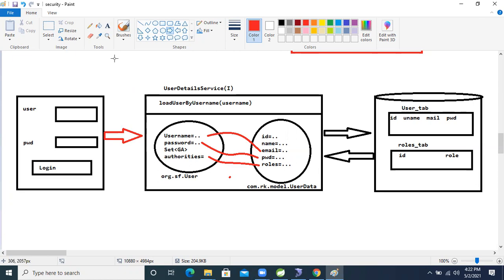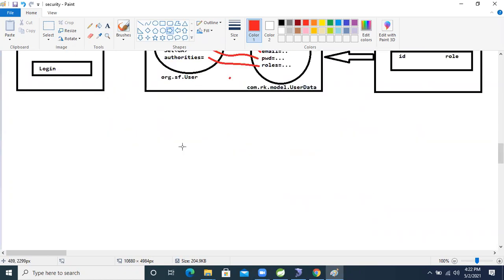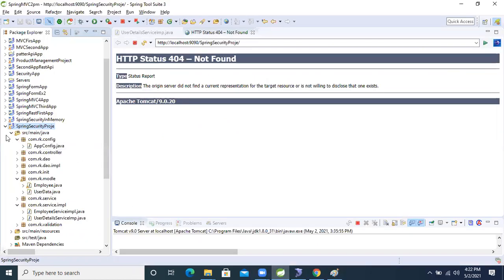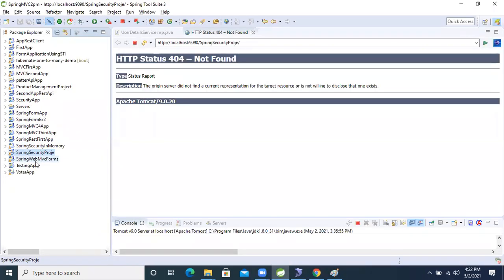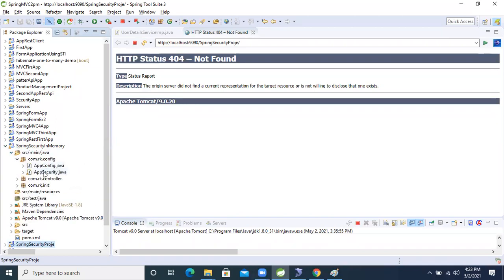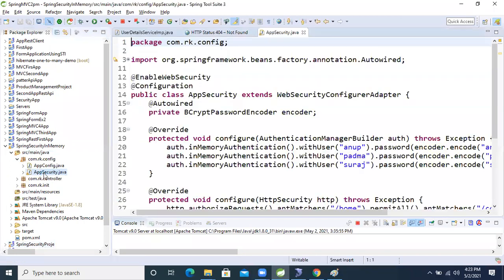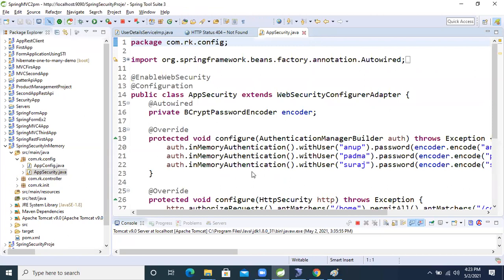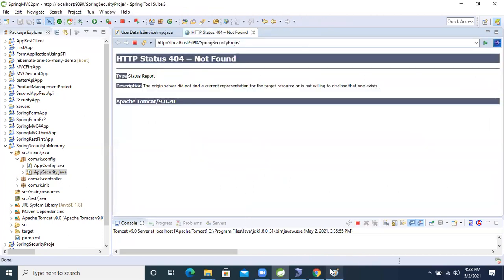So after taking these things, we need the same process as in yesterday's in-memory application, where we wrote the Spring Security configuration. Again the process is the same.